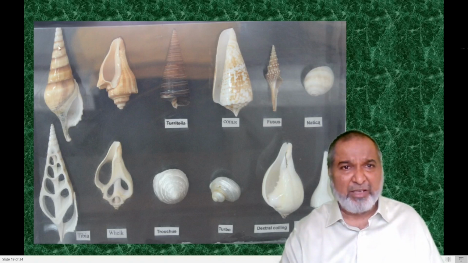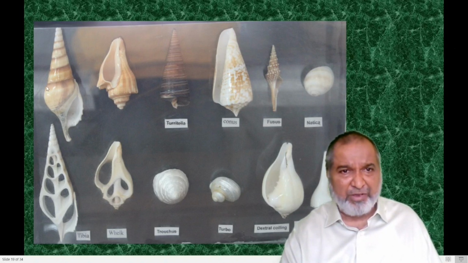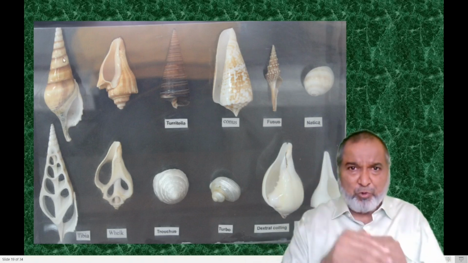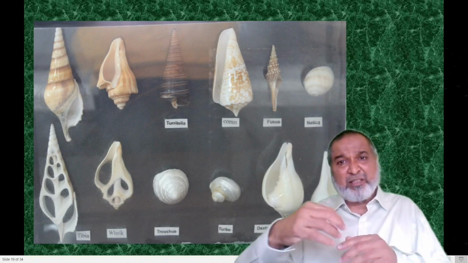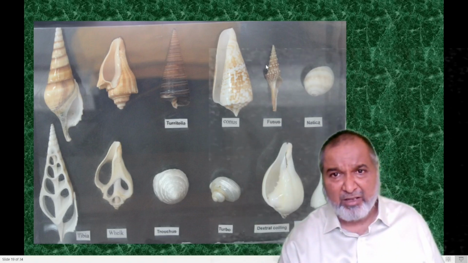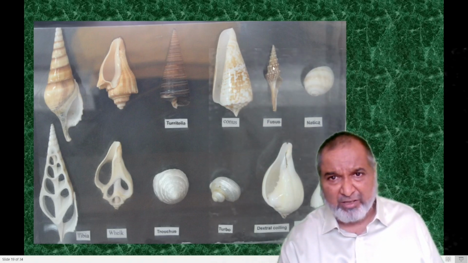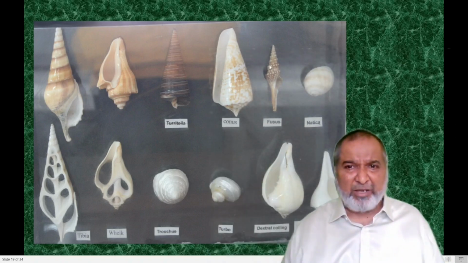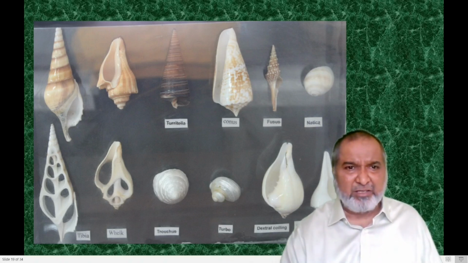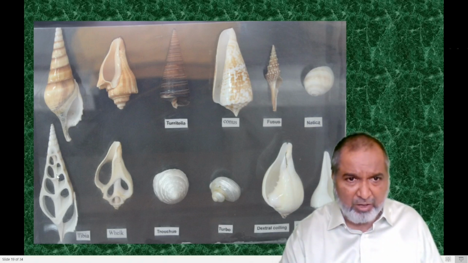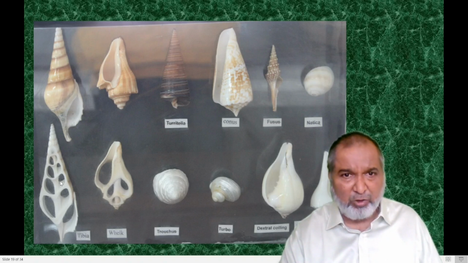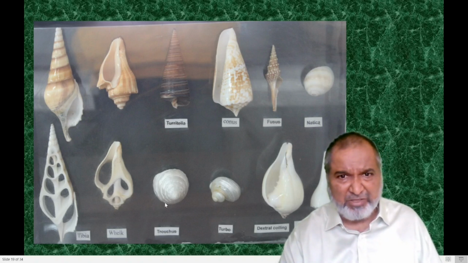Now here you can see this is the turritella. This is the last whorl, the body wall, the aperture, the siphonal canal, and you can see these are the sutures. Somewhere the suture is simple, somewhere it is grooved, somewhere elevated, and sometimes spines also come out. You can see here on the front, nodes are coming out. Sometimes spines will be coming out. So there are varieties. And if you take the cross section, you can find the columella. This is the columella section. Various shapes are there that we will see.